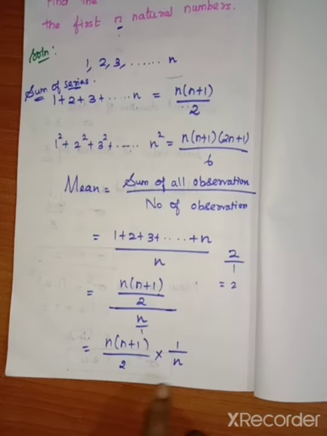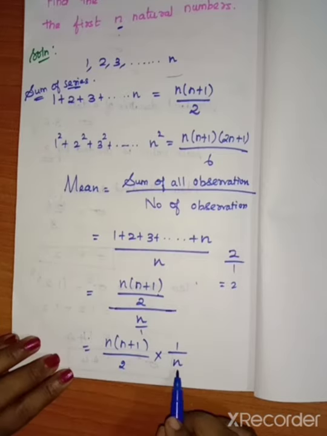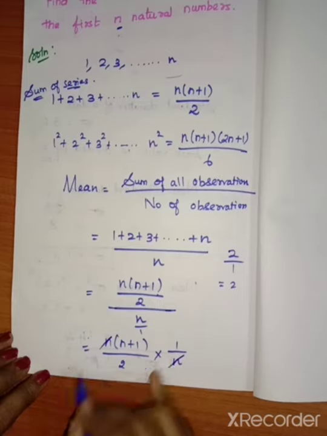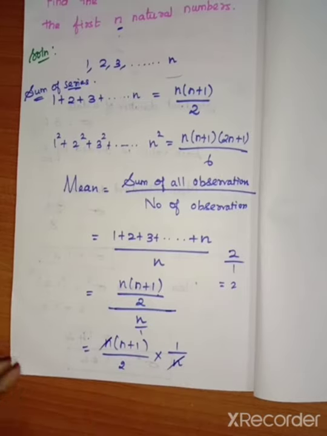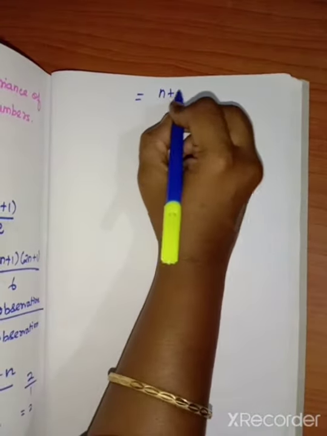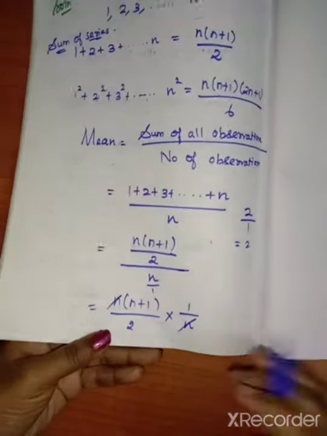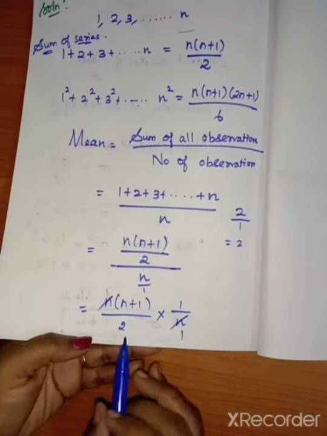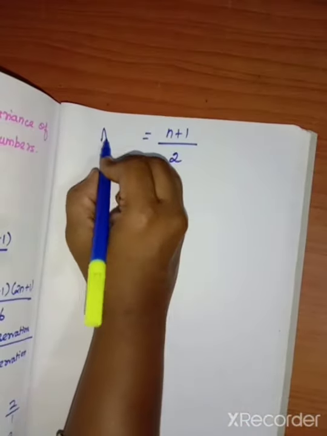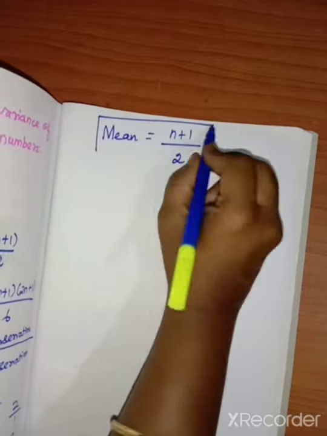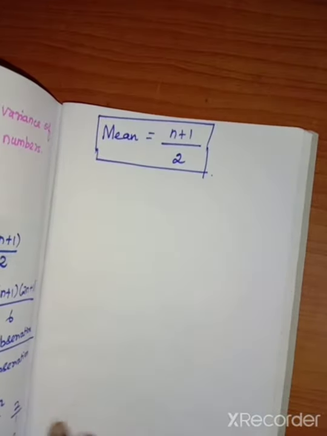So we have to change. Then alone we can get the whole value. So we have to take the multiplication, and the denominator is taken as reciprocal. Here we have an n into, and here also a denominator n. So n cancels, and 1 into n plus 1 is n plus 1. So that is equal to n plus 1 divided by, here we cancel n, so 1 is there. Here also 1 into 2, that is 2. So the mean value is n plus 1 divided by 2.